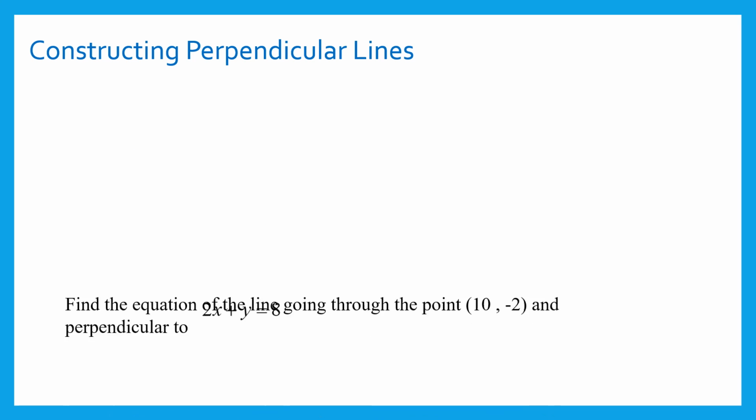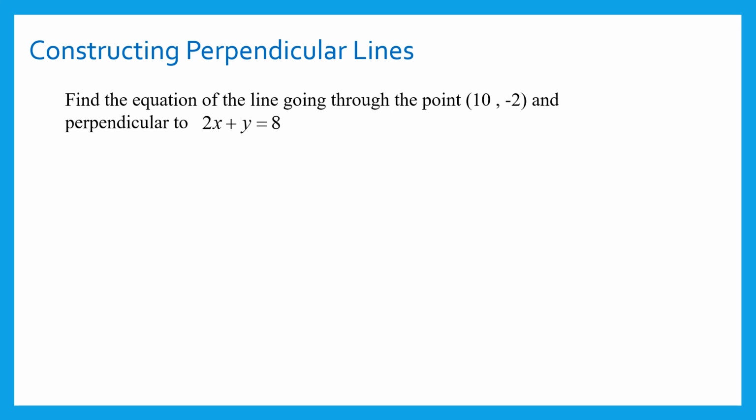Okay, one more example here like that before we get to our special cases. So find the equation of a line going through the point (10, -2) and is perpendicular to 2x + y = 8. So again, I need the slope from this standard form equation so that I can then find the opposite reciprocal because I want them to be perpendicular. So remember, the slope is the opposite of a over b. So a here is 2, b here is 1. So that's -2/1, which is